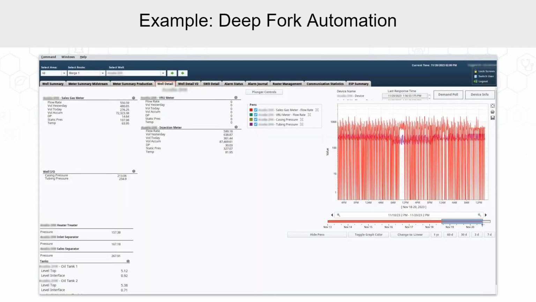Deep Fork Automation is an Ignition Gold certified integrator, and they work in the oil and gas space. And these are some screens from their oil wells that they help manage. And so they've built out a multi-tenant system inside Ignition where they can manage oil wells for multiple oil and gas customers. And so this is something where lots of their customers have the same types of equipment at these oil wells. They're looking for the same kind of metrics. They want to collect the same type of data.